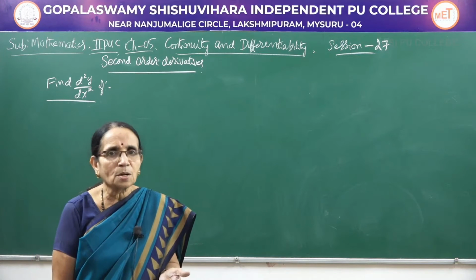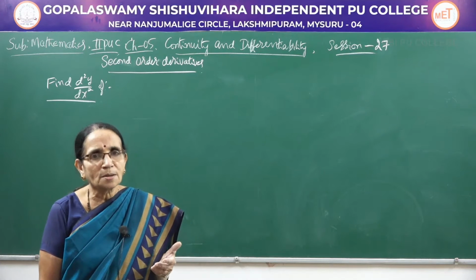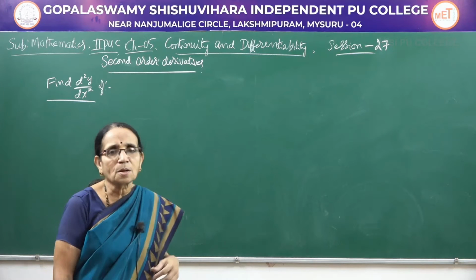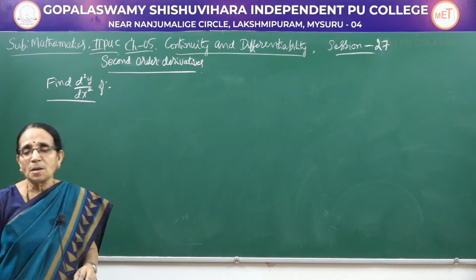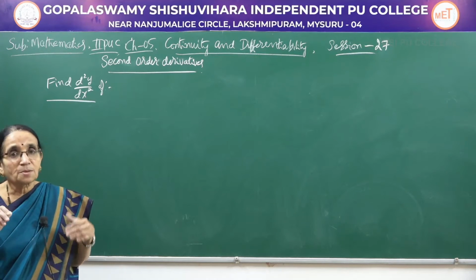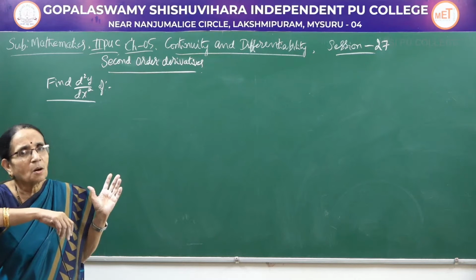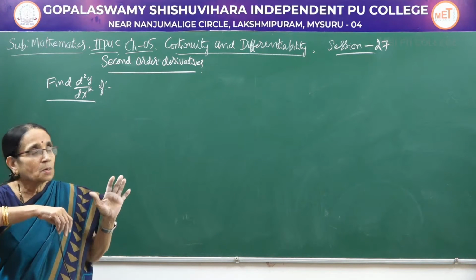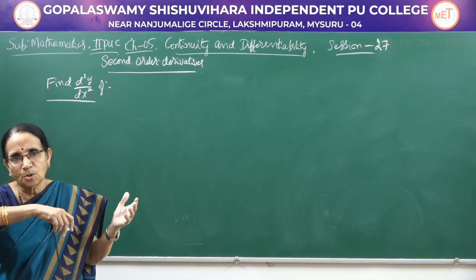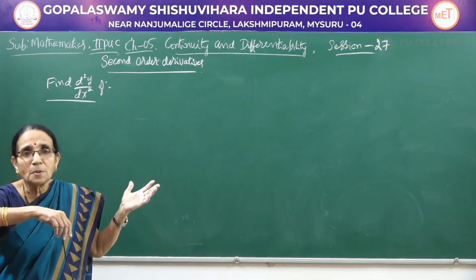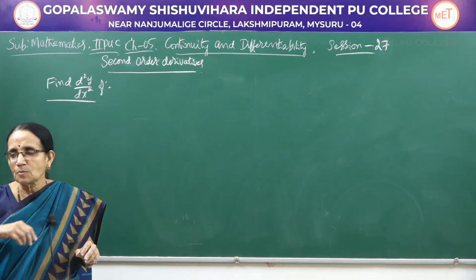So, it may be a simple function or it may be a composite function. We apply the appropriate rule and go for the second derivative. Now, we had done some problems in the previous class. In today's session also, I will be considering the second derivative of some functions. Sometimes we may get composite functions here. In the beginning it may be a simple function, after the first derivative it may become a composite function, or in the beginning itself it may be a composite function. So, apply the correct rule and get the derivative of the function.